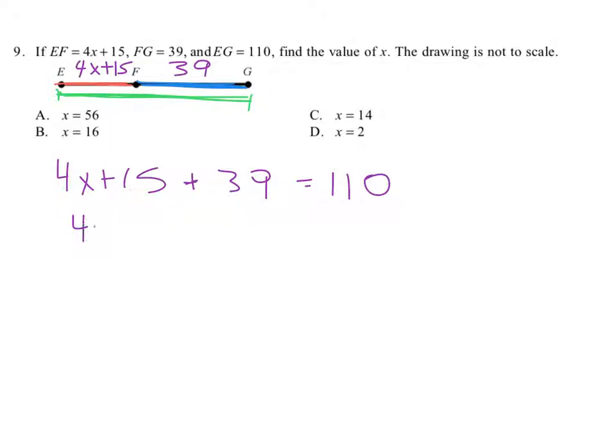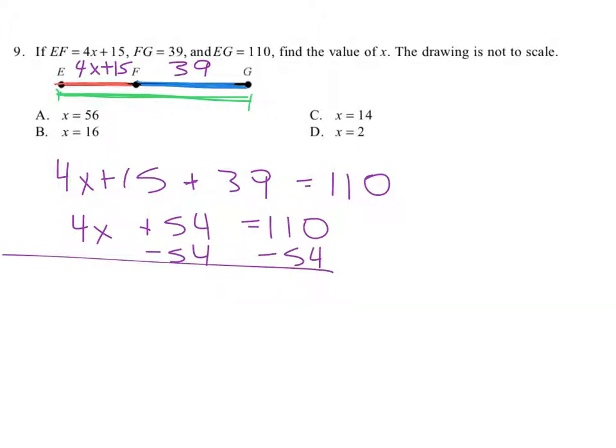So combine like terms. The like terms are 15 and 39, and that becomes, let's see, 39 plus 15, 54, equals 110. Subtract 54 from both sides, and we get 4x equals 56. So if we do 4x divided by 4 equals 56 divided by 4, we will get x equals,